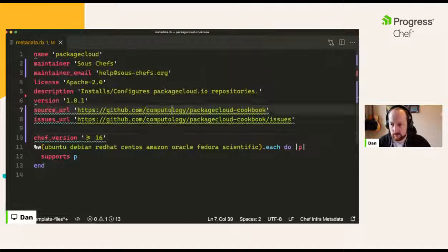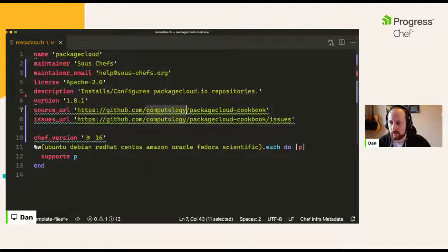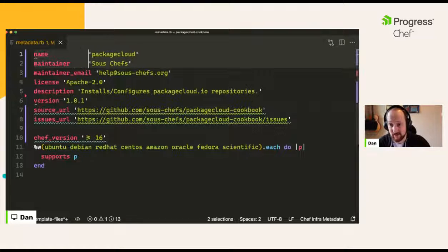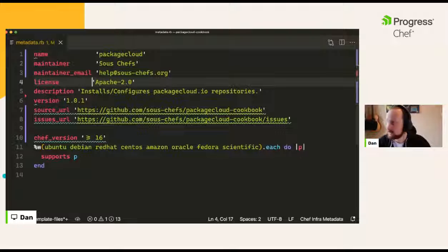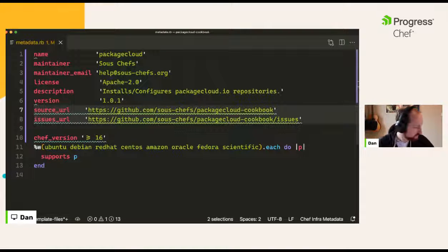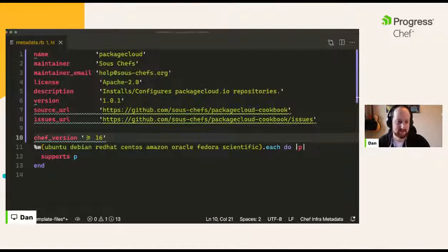And this is not the correct place. What is this? This is fine. This one and this one, we're going to say Sous Chefs. Issue URL, source URL, and that's fine. Actually, that's really helpful. I need to go and delete the delivery directory. A second. Push these over here. Log it. Oh, interesting. Here that is. So this is really...